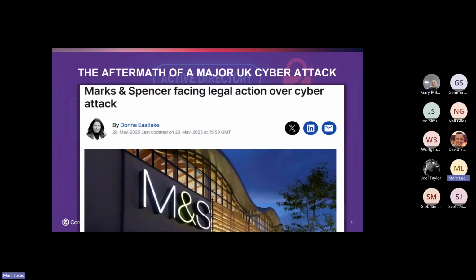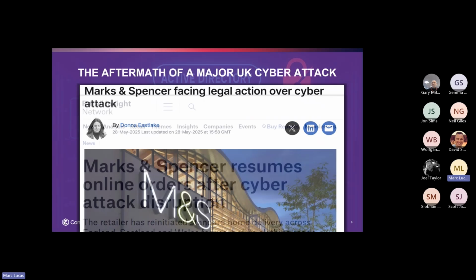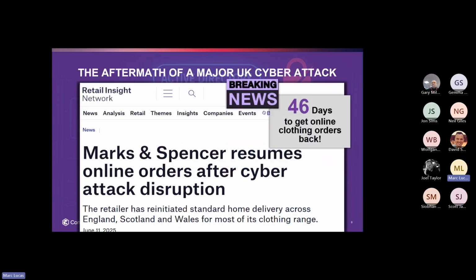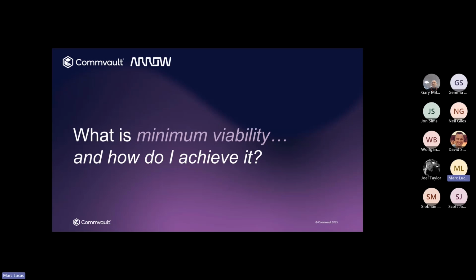And the story just gets worse, where over 300 of their customers have a class action lawsuit against M&S because of the data breach. And also, I was over at our technical event in Portugal when this hit the news. It took M&S almost twice the average amount of time, 46 days, to get everything back online for their clothing business. I'm sure that really hurt them in many, many ways. And by the way, all those articles that I brought up, there'll be links to where all that stuff came from as well.